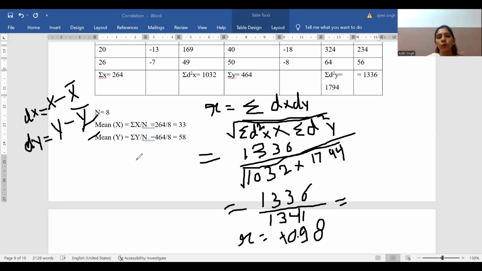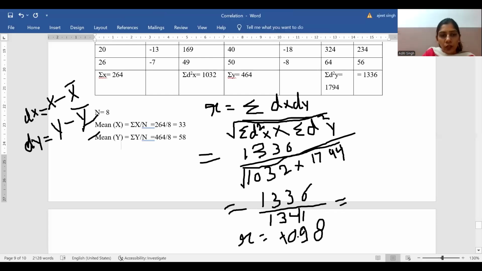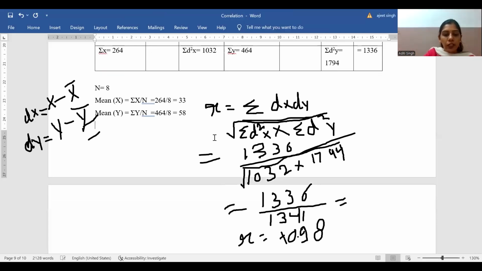From both the variables, we have calculated the value of dx dy. We have put all the values in this formula. So the coefficient of correlation, or you can say the value of R, is equal to plus 0.98, which means